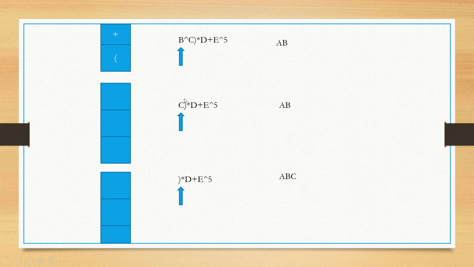Power is an operator, so we push the power to the stack. Again we check C, an operand, so we append C to the output string. And again we check the bracket, which is a right parenthesis, so we pop